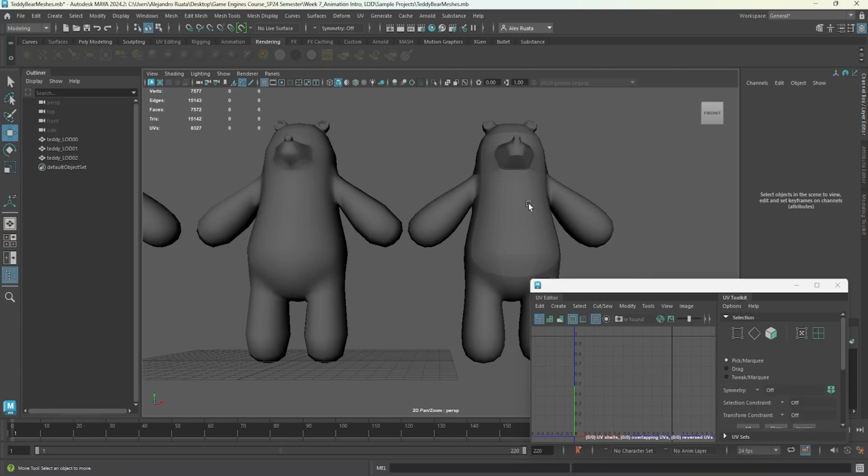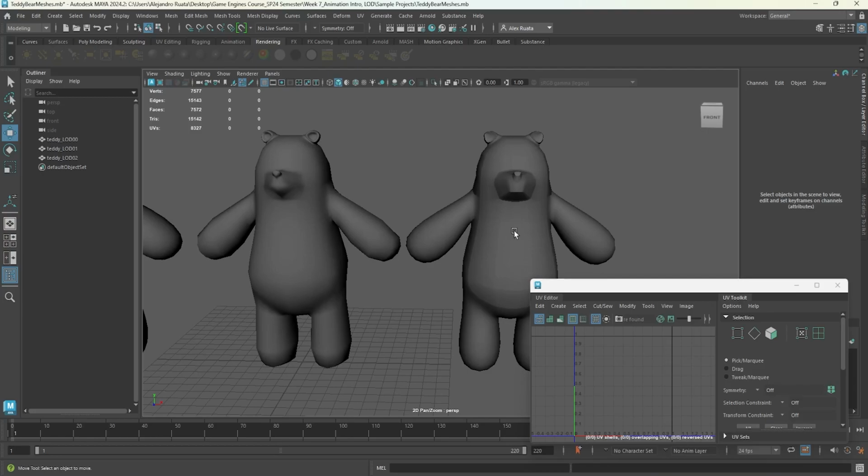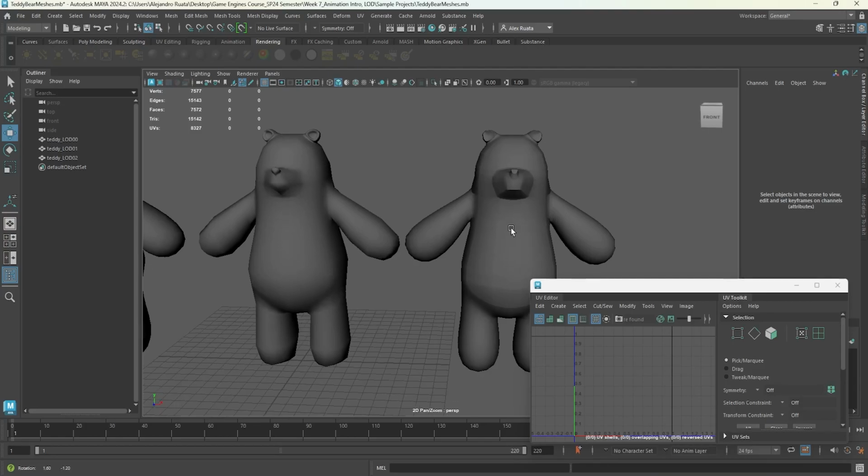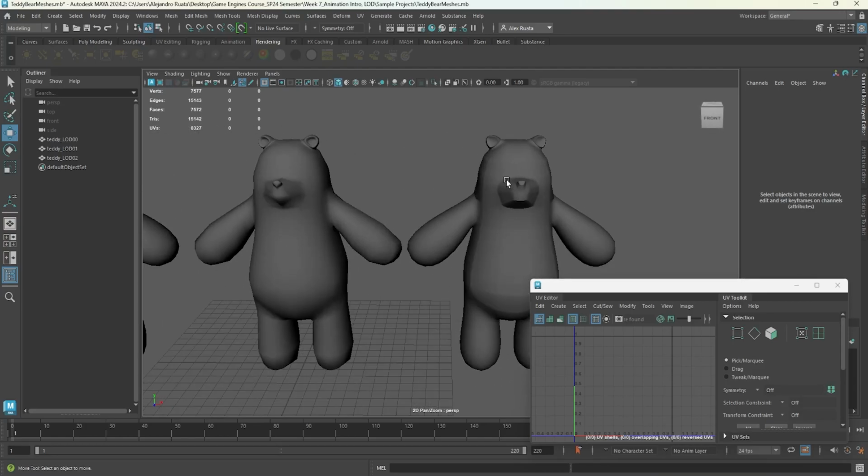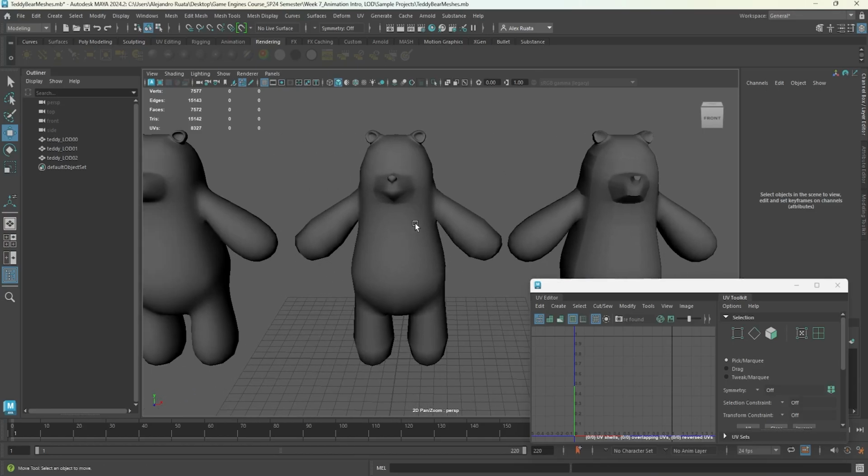Ultimately, what you end up doing depends on how much time you have. So if you have more time on your hands, be sure to manually reduce because you get better results that way, as you can see. And if you have less time, then make sure to automatically reduce to save on time. And if you're in a rush, this version here is good enough. Though, again, you can retain more of the form if you